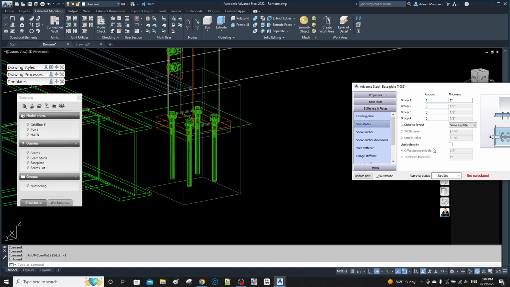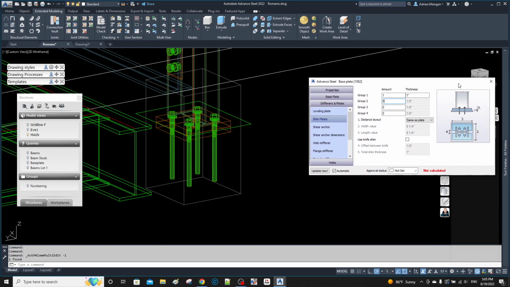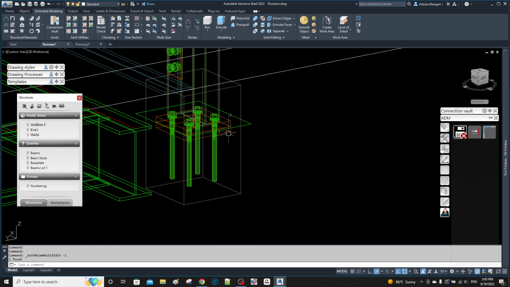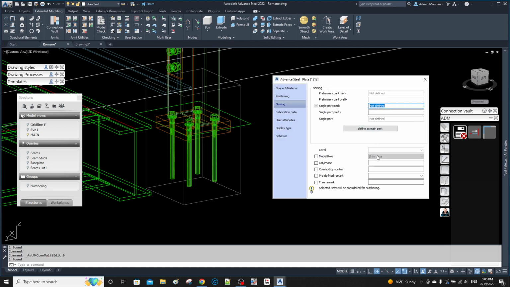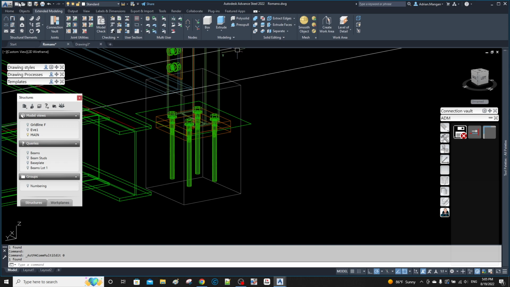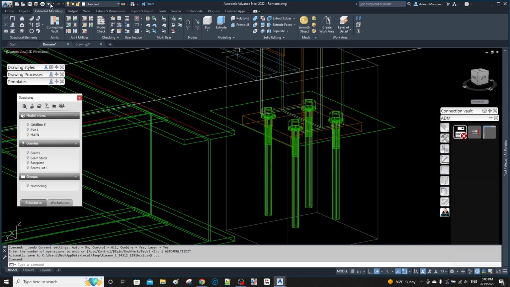It's not giving me any way to control the model roll on this. So let's just close this for a second and come in here, name, and you can't change that, it's a shim plate. So I don't want to do that. What I generally do is just create a plate manually, and